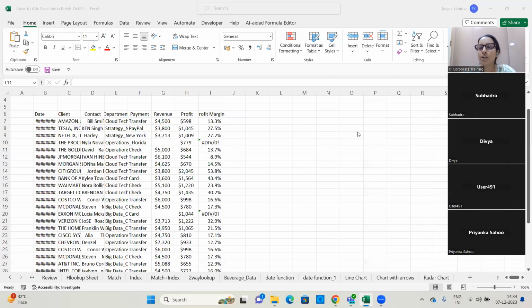Today is our fifth session, where we are going to talk about data cleaning up, where we are going to clean the data and make sure that the data is in proper format. We are also going to touch upon certain functions like left, right, uppercase, lowercase, and the trim function, as well as converting text to column in order to clean up your data, in order to make sure that the raw data that you have received is